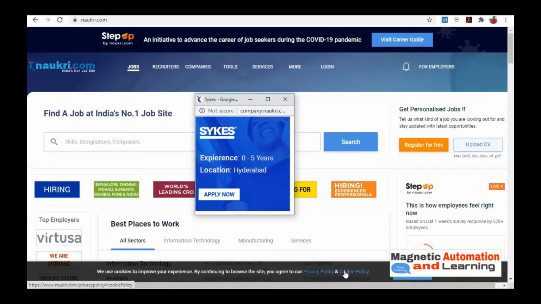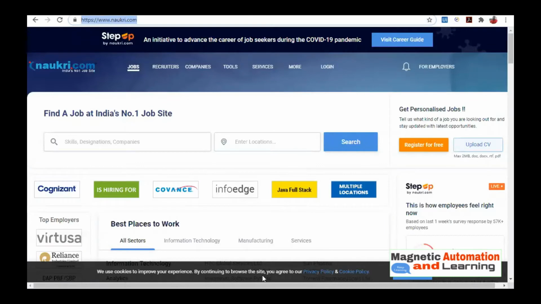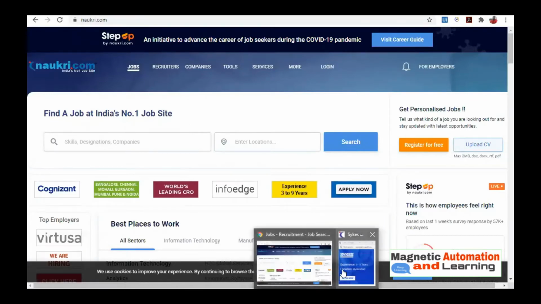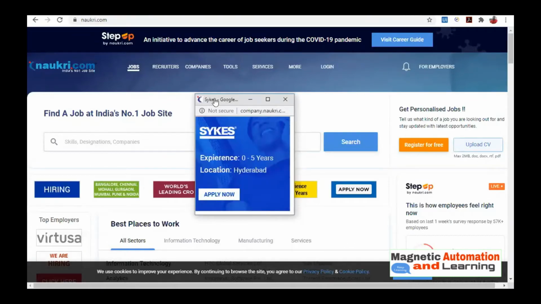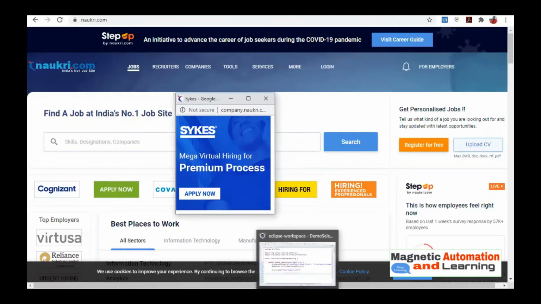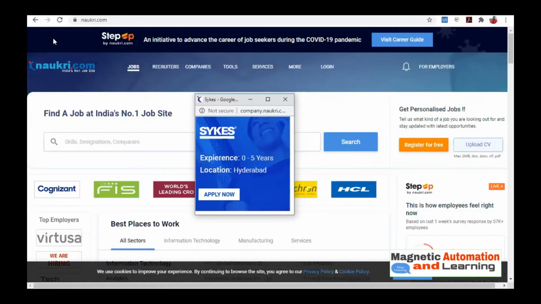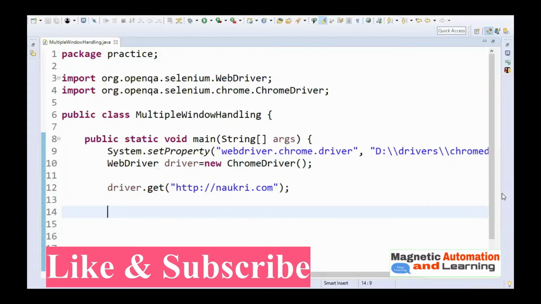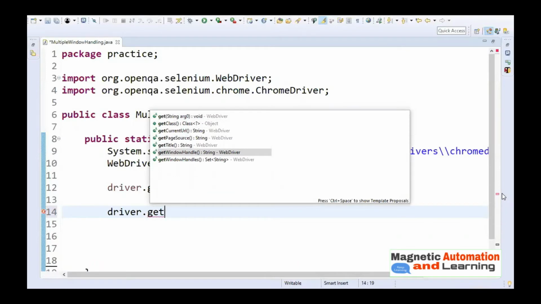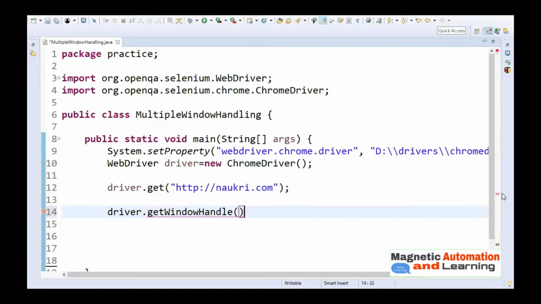Selenium maintains an ID for every window and tab. Here, this is our parent window, and this is our one child tab or child window. So the very first thing I'm going to do is capture the parent window ID. How to do that? driver.getWindowHandle.